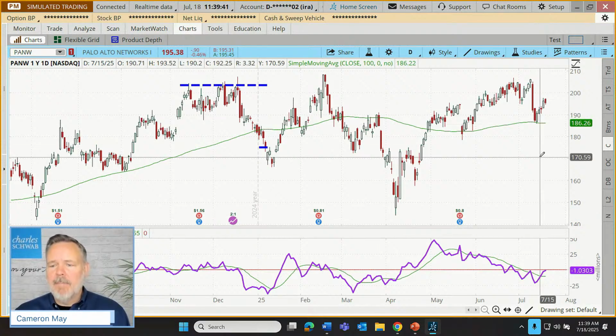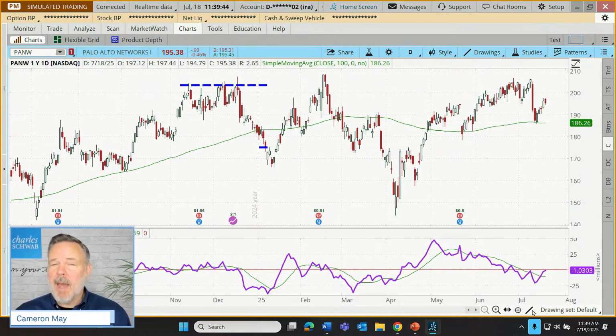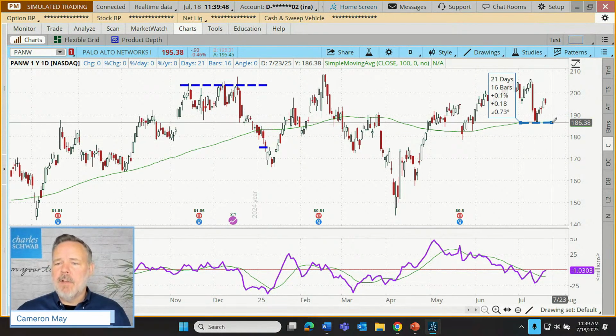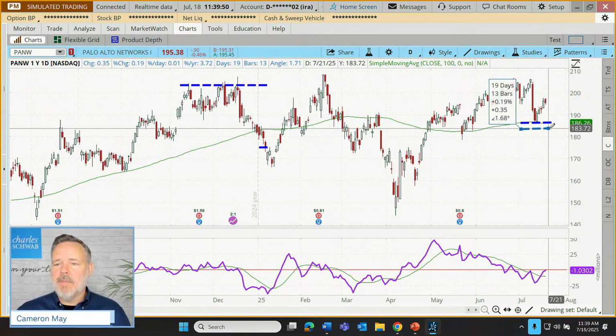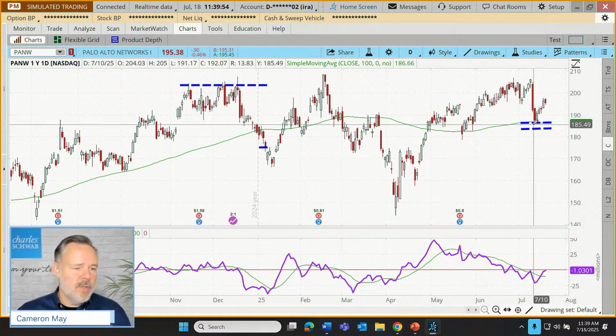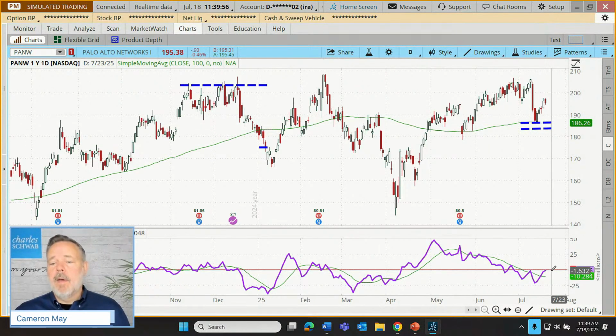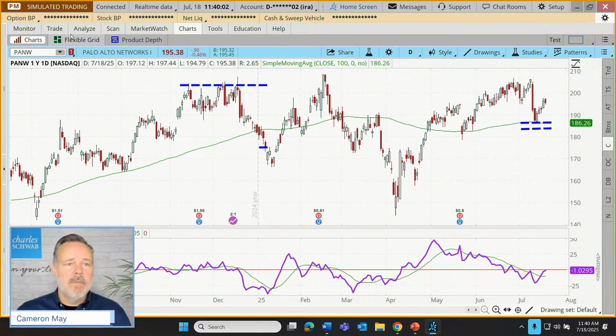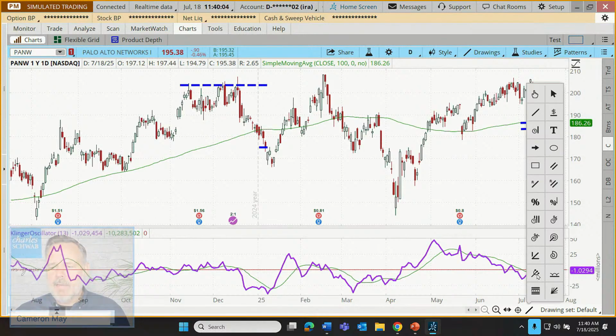Well, in this case, if the trader is placing a stop, and I'm not going to, but if the trader were placing a stop, they may look at these lows right there and place a stop just below those, just as an example to get some repetition with that sort of approach. But for ours, we're just going to take the entry and wait for a reverse crossover. So let's go place our trade, and let's actually make a note here.